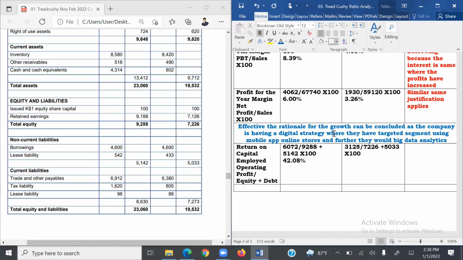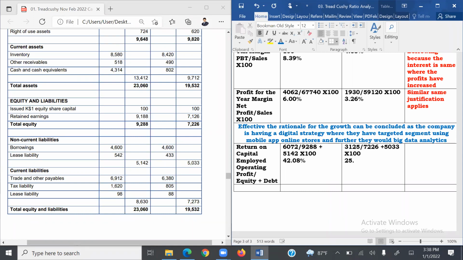So students, shall we work on that? Yes, 3,125, 7,226 plus 5,033. So students, are you getting a return on capital employed in this case